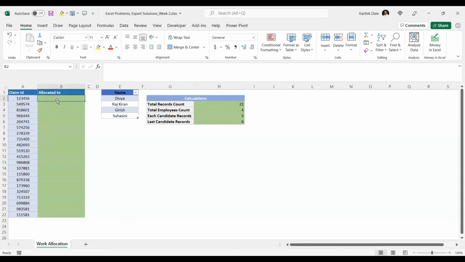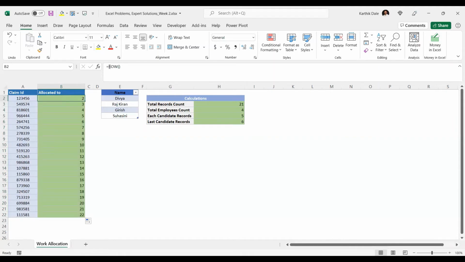So let's see this formula. This will be a little lengthy formula. Let me try to write it in simple words. Let me write the ROW formula. To write this row formula, once you write the row, bracket start and close, enter, it is giving the row number 2. Why is it giving the row number 2? Because you wrote the formula in the second row. If you drag it down, it will give all these row numbers: third, fourth, fifth, and so on.